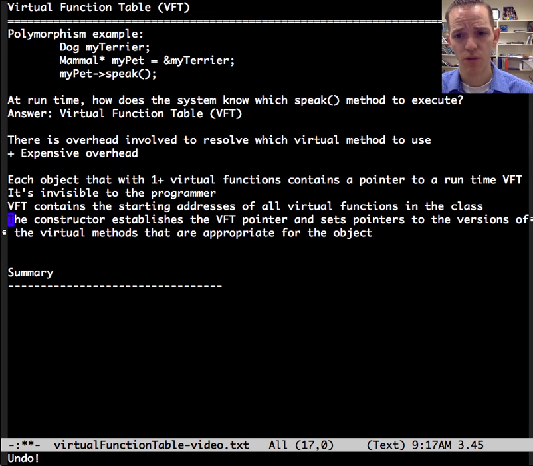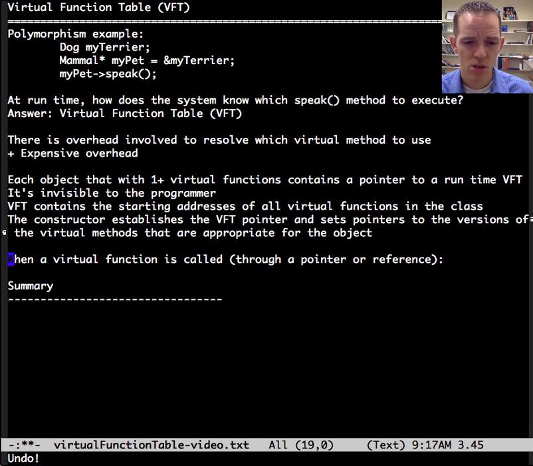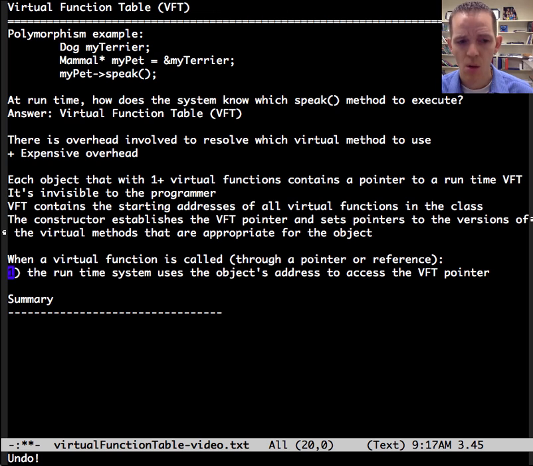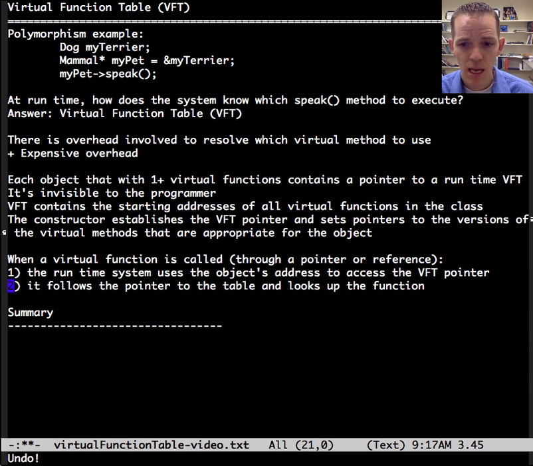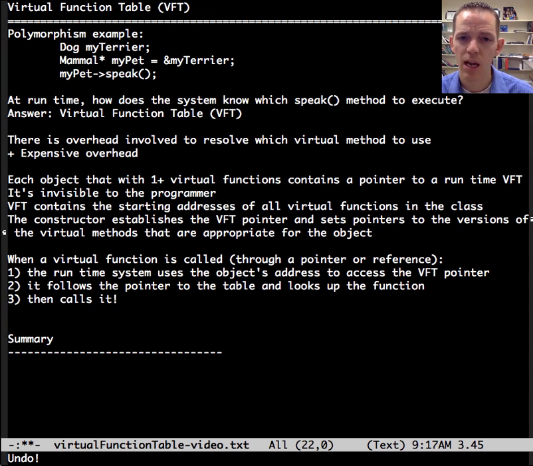Now that we have a virtual function table set up when an object is created, here's how the system knows which polymorphic method to execute. This happens when it's called through a pointer or reference. Otherwise, it's static binding and it's just clear which method to use. One, the runtime system uses the object's address to get to the virtual function table pointer. It then follows that pointer to the table, looks up the function, and then calls it, which is several more steps than just